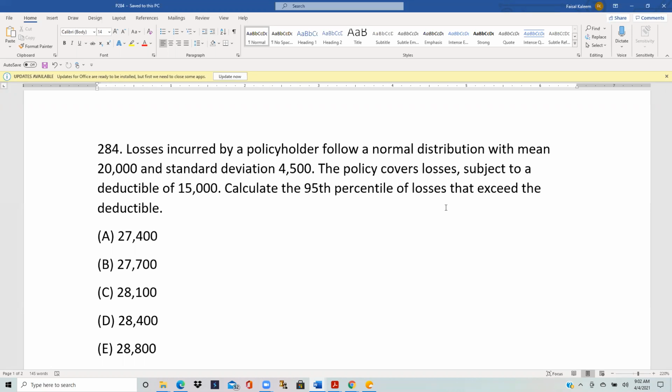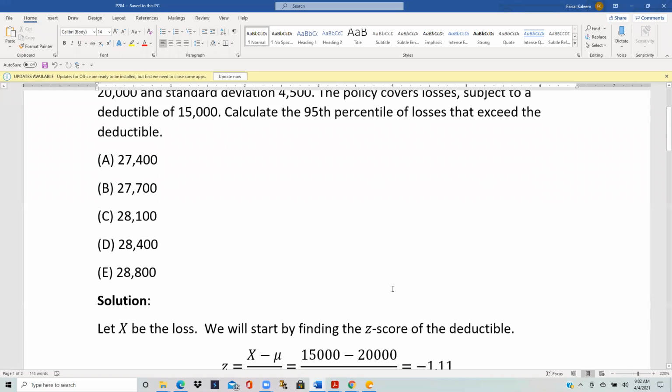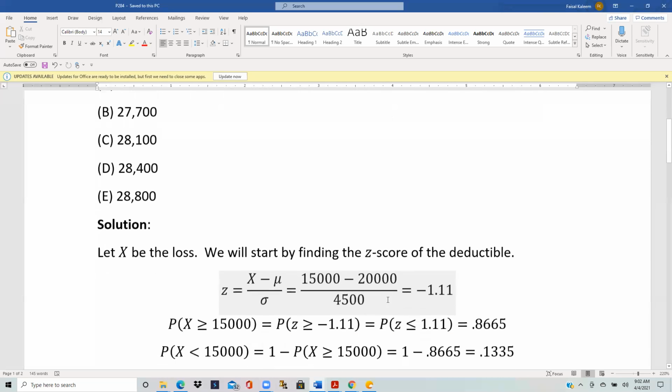So we will start by finding the z-score of the deductible, and it will become clear why we need that. Let x be the loss, and to find the z-score of the deductible, we use our basic formula. Z is equal to x minus mu over sigma, and we want the z-score when the loss equals the deductible. So 15,000 is the deductible, mean is 20,000, standard deviation is 4,500. That comes out to be negative 1.11, and